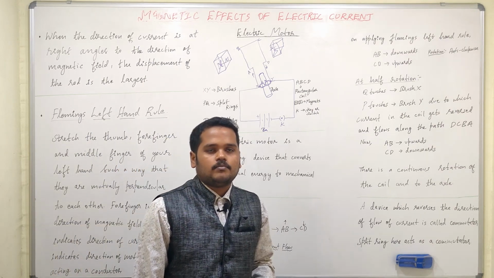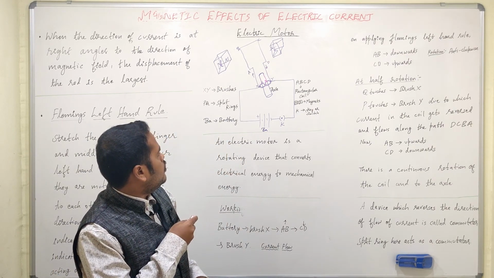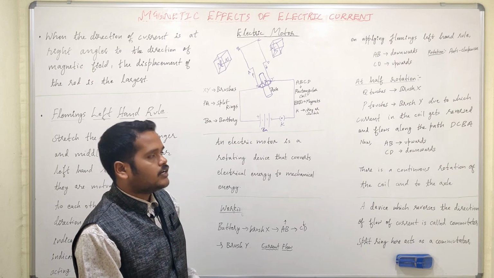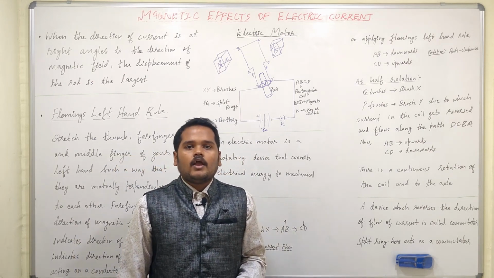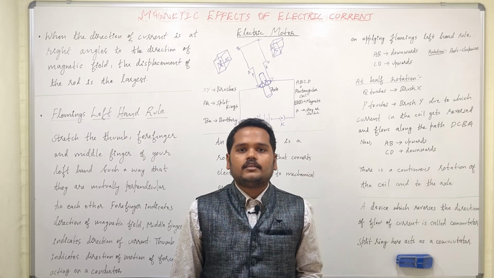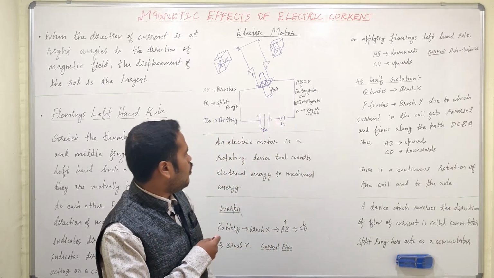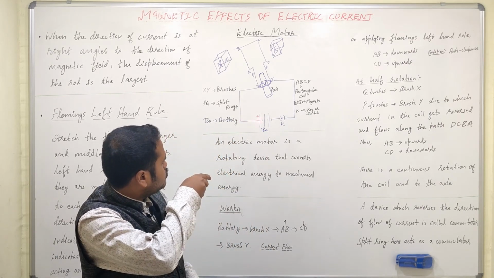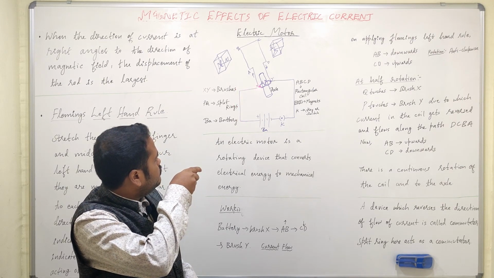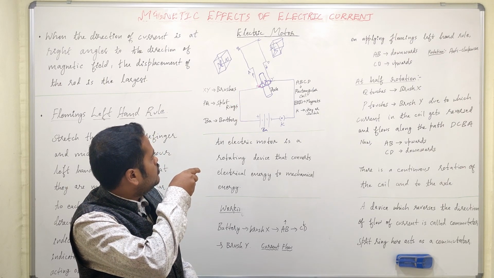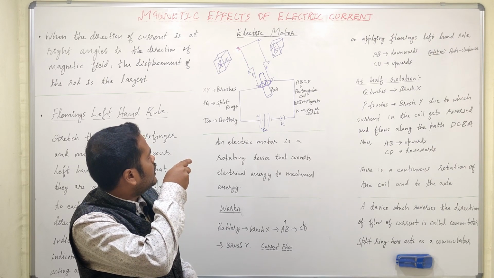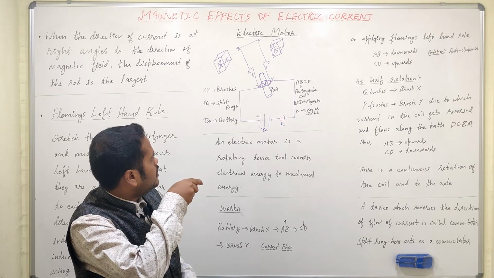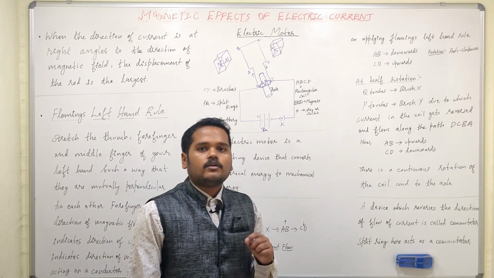This is the setup. We have a rectangular coil, split rings, brushes, battery, key, north pole and south pole of a permanent magnet. Here, when you switch on the key, that is when you switch on the circuit, the current starts to flow. In which direction will the current flow? The current flows from positive. It first goes to brush X. Through brush X, it goes to AB of the rectangular coil, then comes down to CD, Y, to the key and to the battery. This is how the current flows.